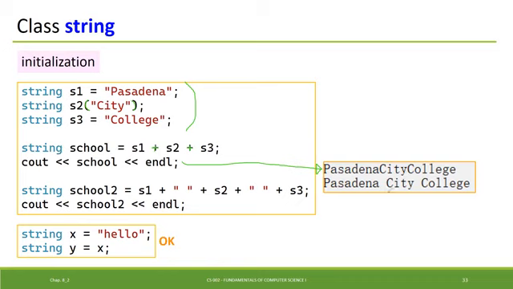If you want to put some space between the words, then just add some space. This is nice. Then you can print out and use this. Okay, and guys, look at this one. X has hello. I assign X to Y. This is okay. And look at this one. See, if you do this,